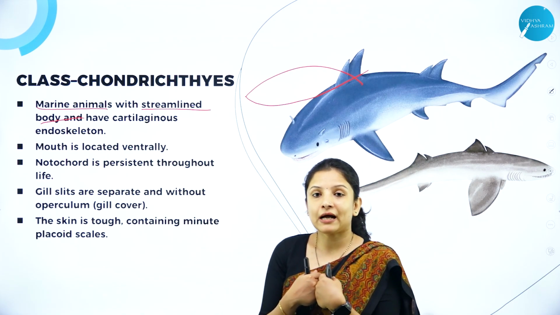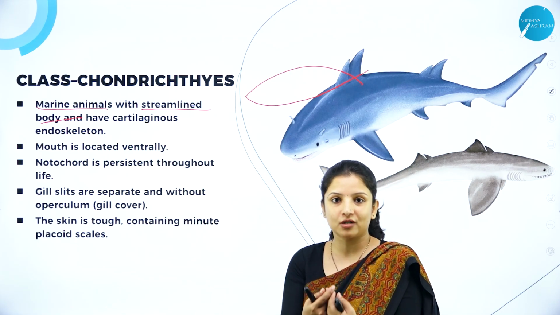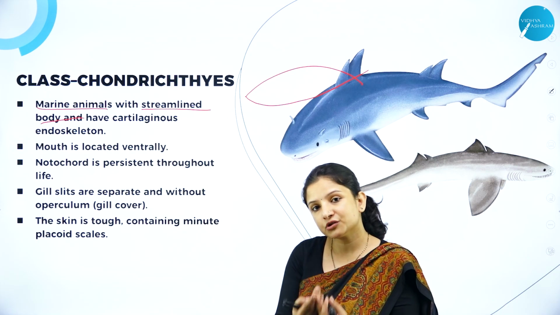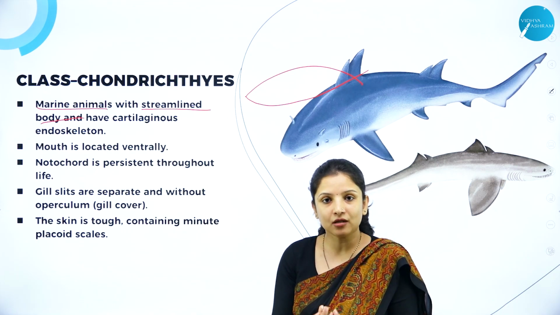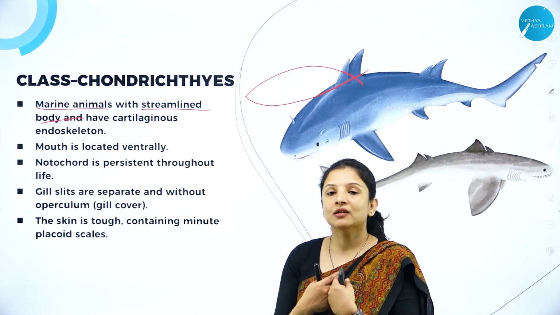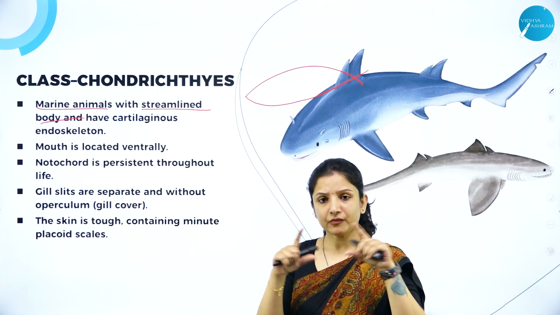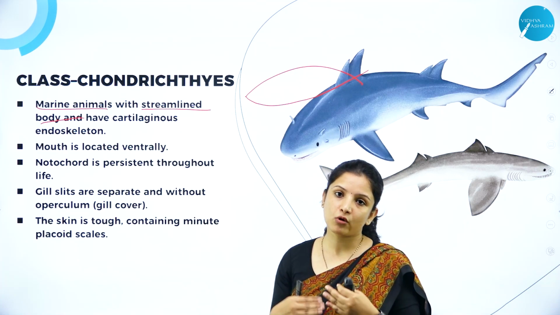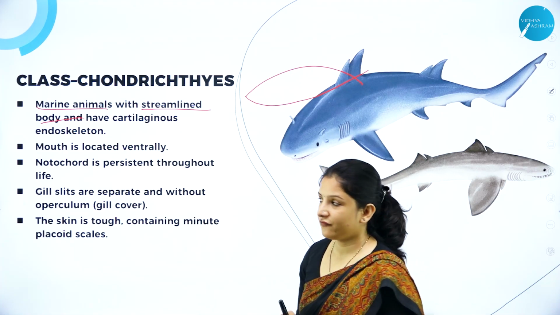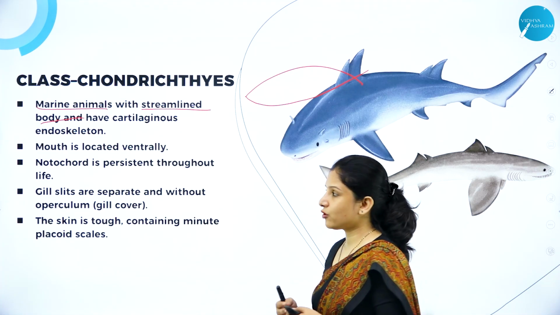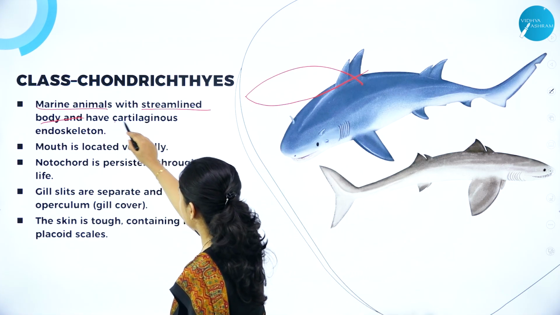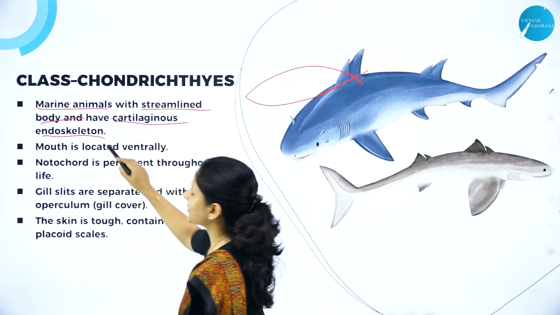So the fishes have to swim through these water currents. So if they have to swim through these water currents, cutting the water currents or the water pressure, they need to have a body shape which is streamlined, so that it can easily cut through the water currents and swim very fast. So that is why they have a streamlined body, and they have an endoskeleton which is cartilaginous,